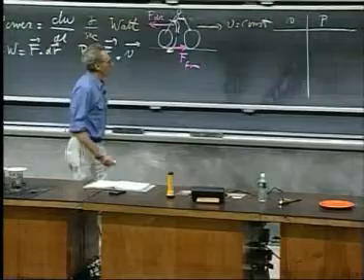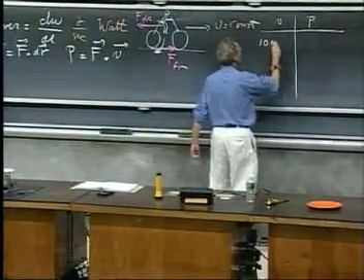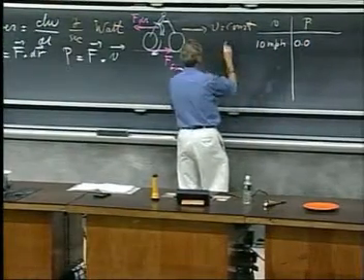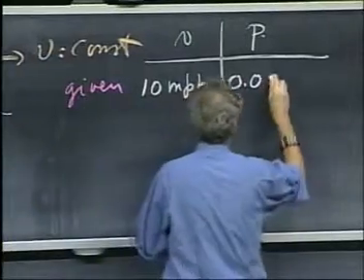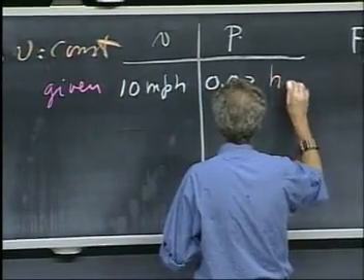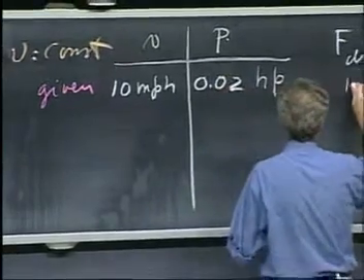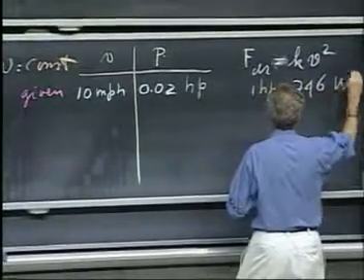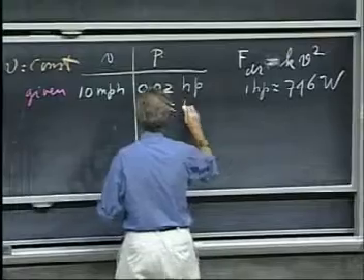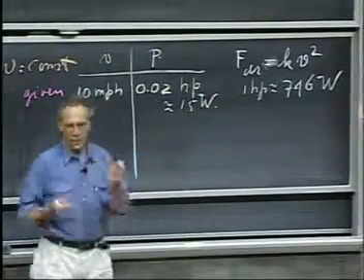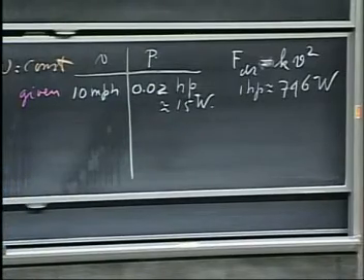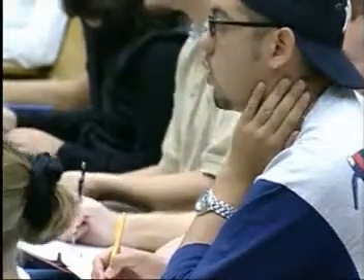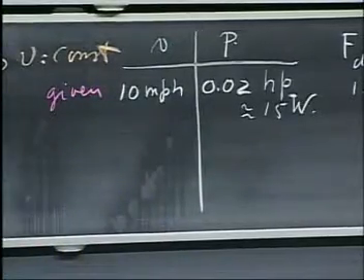Then, if I drive 10 miles per hour, and I tell you that the power, this is a given, this is not something that I show you, is about 0.02, around 1/50th of a horsepower, and 1 horsepower is some crazy unit, 746 watts. So this is about 15 watts. So I'm pedaling, and I keep my speed 10 miles per hour, and I have to generate 15 joules per second on average. But now I want to go to 25 miles per hour.